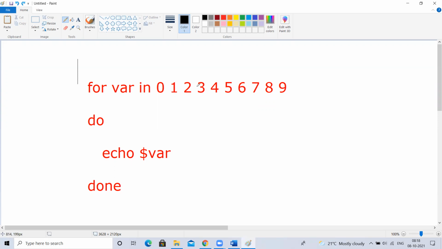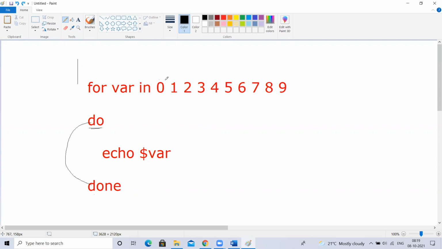So why we are calling this a loop statement is, when you define multiple values like this, they need not be fixed values. This is a looping statement. What this for does is it will loop. This is the for you're declaring here, and do and done mean that whatever is between do and done, you repeat these many number of times. How many positions are there? 1, 2, 3, 4, 5, 6, 7, 8, 9, 10. Ten times it has to repeat.